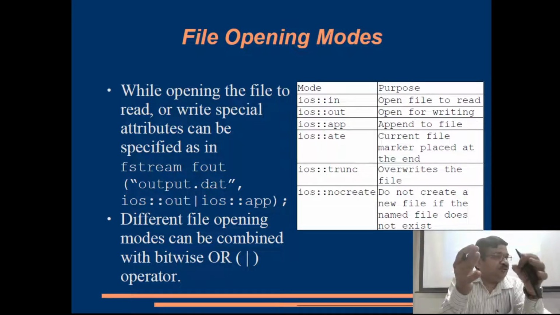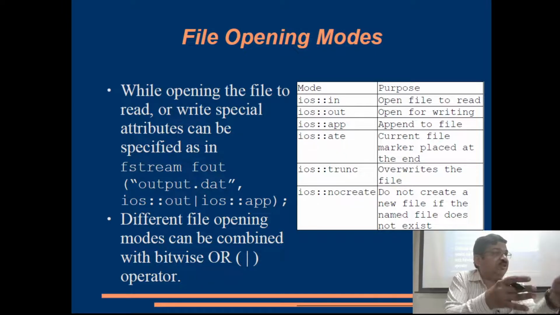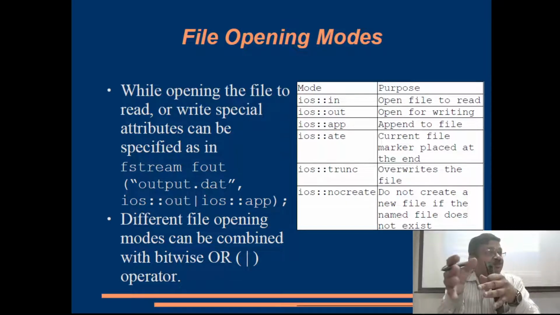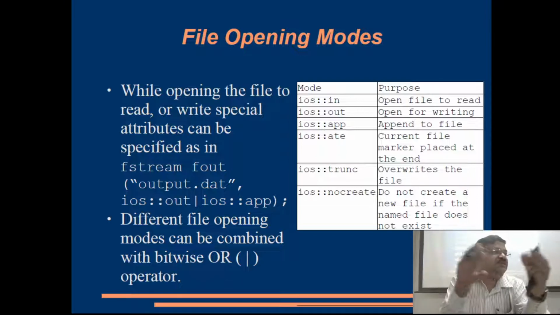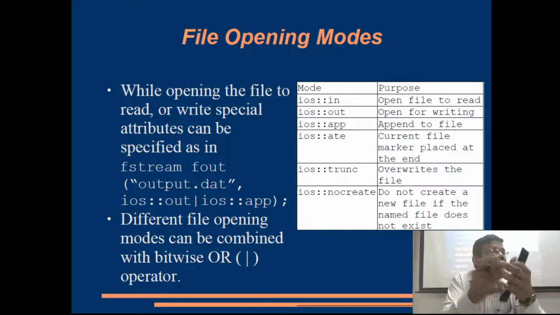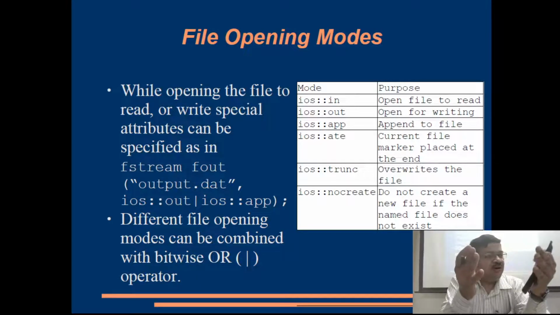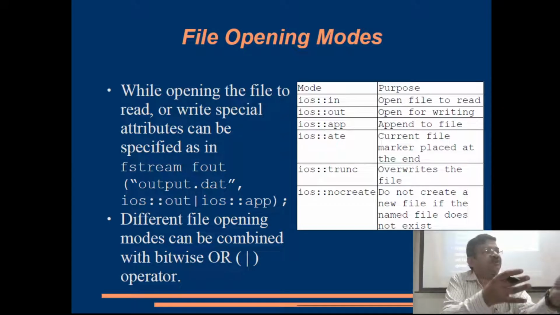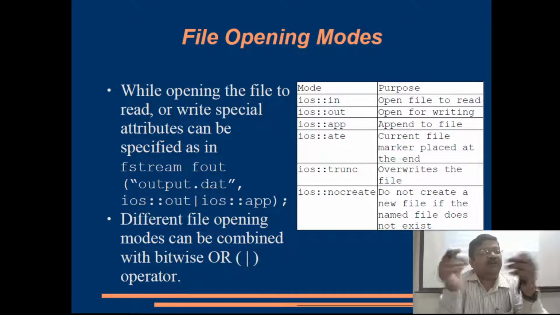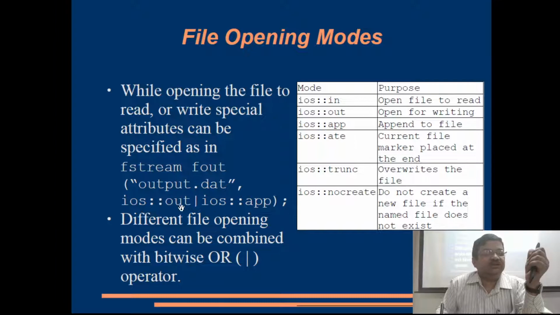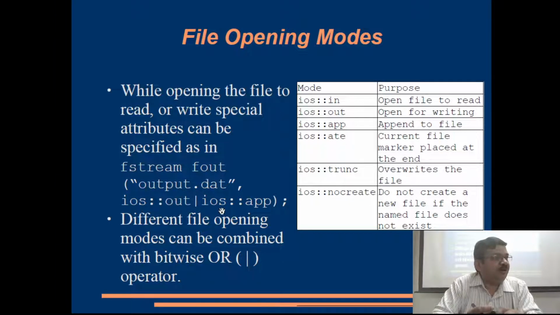If I'm not sure when I'm writing the code whether I want to use it as an input file or output file, I can define just a common fstream object, right? So that will be available for use both as input stream and output stream